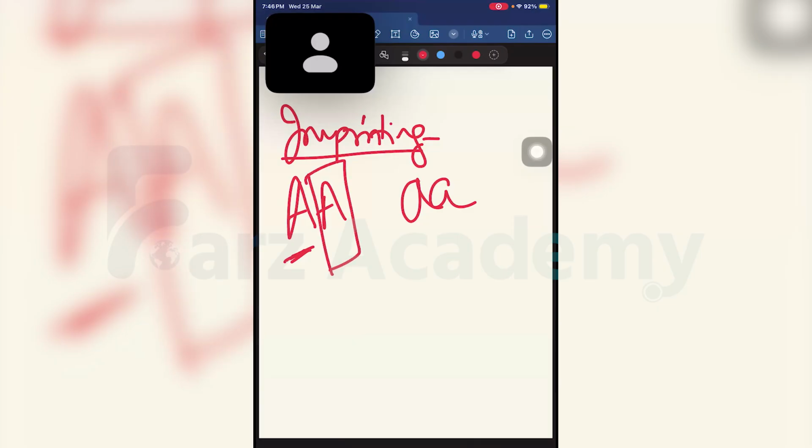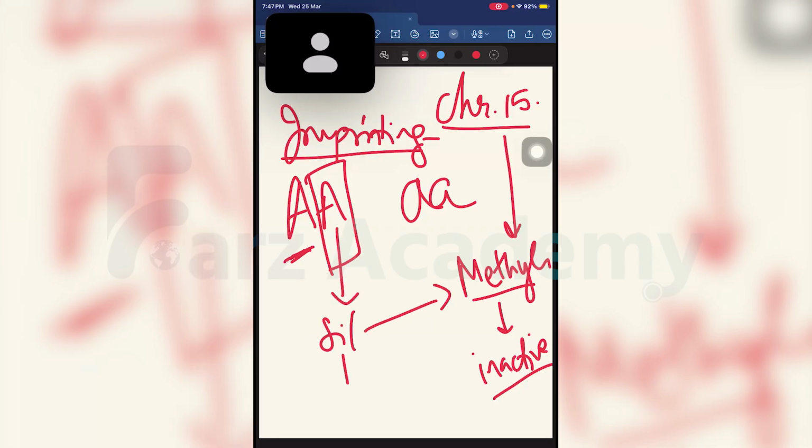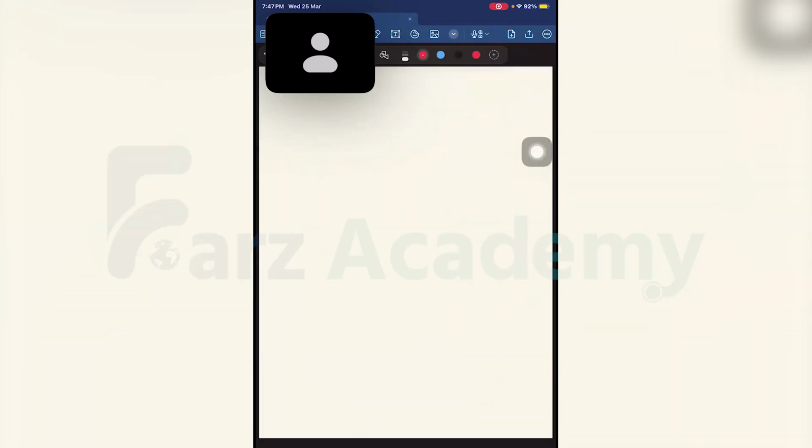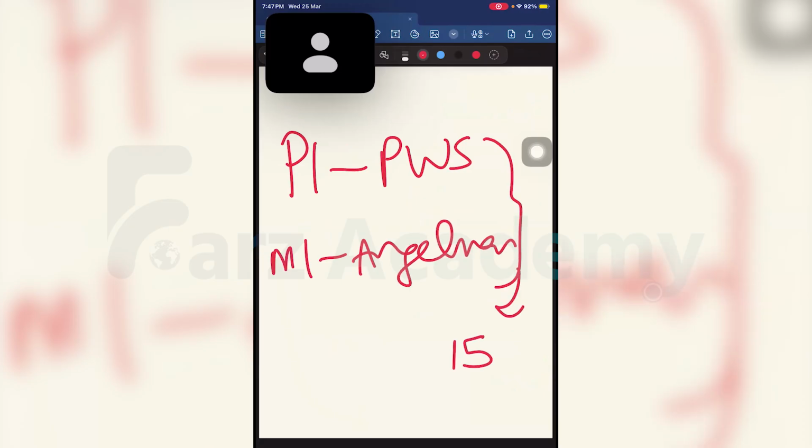Now, because of some chromosomal abnormalities, the most common chromosome found was chromosome 15. And the most common abnormality documented in studies is methylation. If you know, methylation makes the DNA inactive, as we saw last time. So this active gene also becomes silenced because of this process, and this is called genomic imprinting. To remember this, mothers are angels, and PP. So when there is paternal imprinting, I call that Prader-Willi syndrome, and when there is maternal imprinting, I call it Angelman syndrome. Both are related to chromosome number 15.